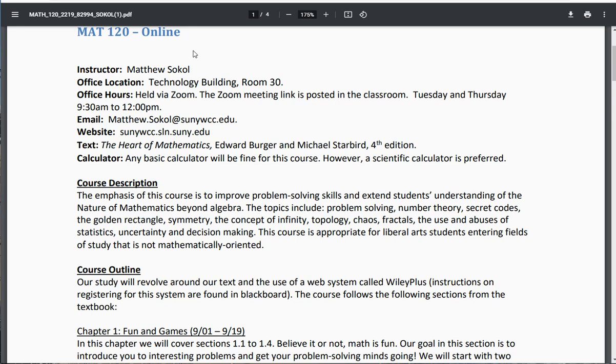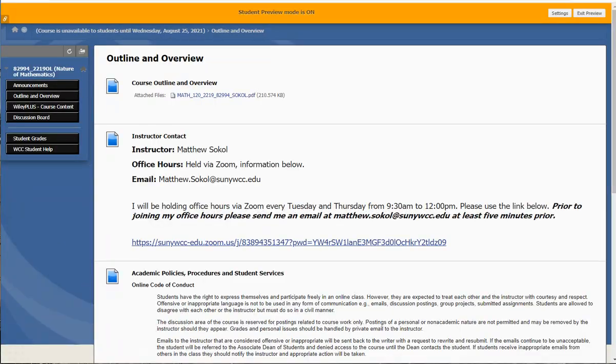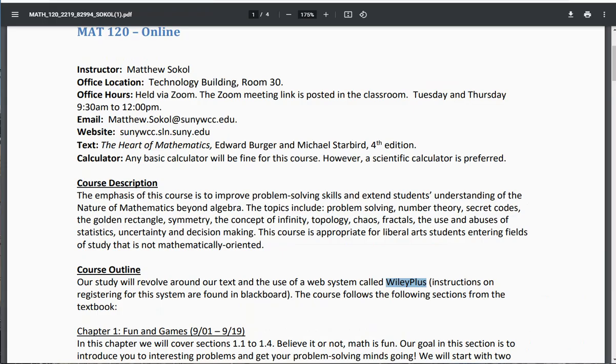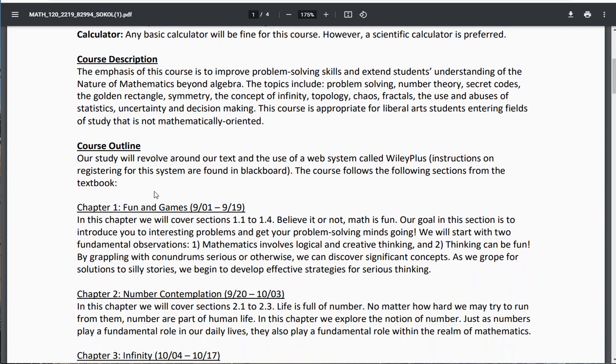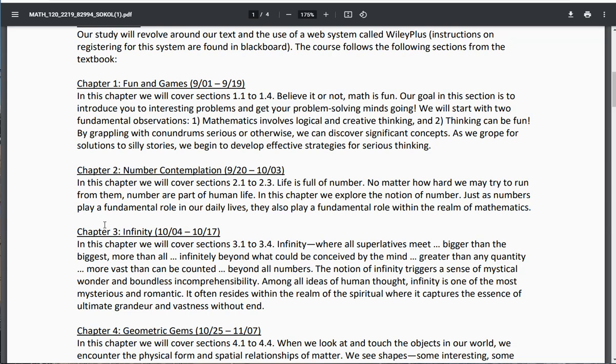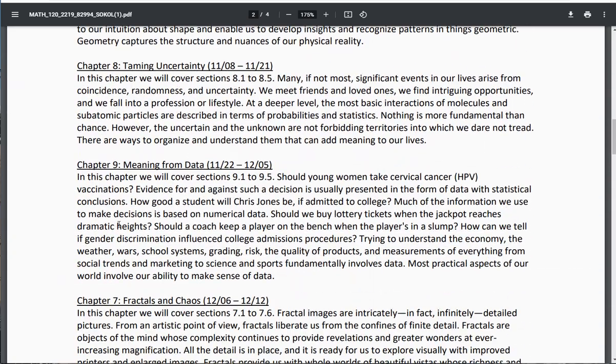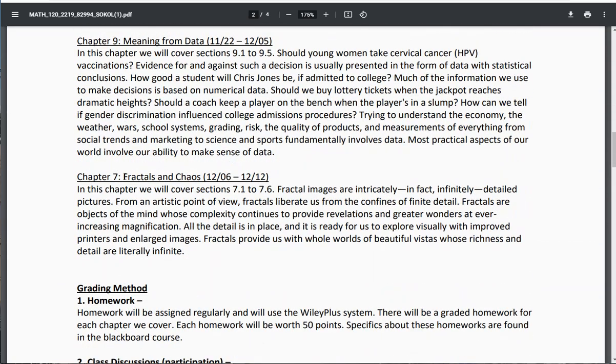The course is going to revolve around an online textbook and online homework system called Wileyplus. When I go back through the course content, I'll show you how to get registered in Wileyplus, and it's incredibly important that you get registered immediately. I'm not going to read all this in total detail; I'll let you flip through the course outline. We're going to work through Chapter 1, Chapter 2, Chapter 3, Chapter 4, Chapter 8, Chapter 9, and then we'll come back and end on Chapter 7. I know it's a little out of order.